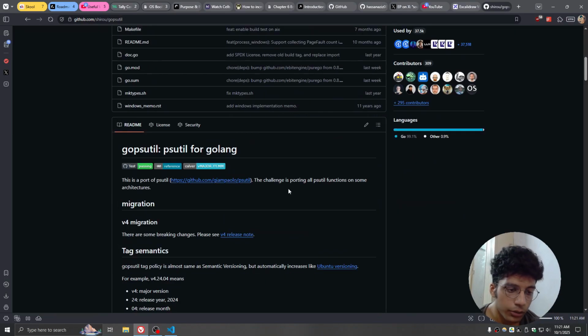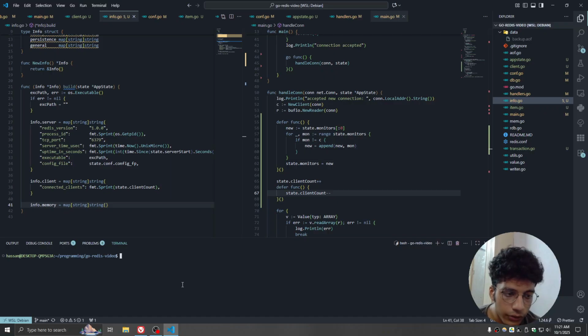This is a very popular third-party package, and it's just going to basically return a bunch of psutil functions that you can use. Psutil just means process utility, and it can basically return a bunch of things like the memory, the CPU, and a bunch of other information about system processes, right? The reason I'm grabbing it is to basically get the total amount of system memory, right? Because surprisingly, Go doesn't give you some sort of an API or a function to get the total RAM in a system. So what we can do is say go get and paste in this